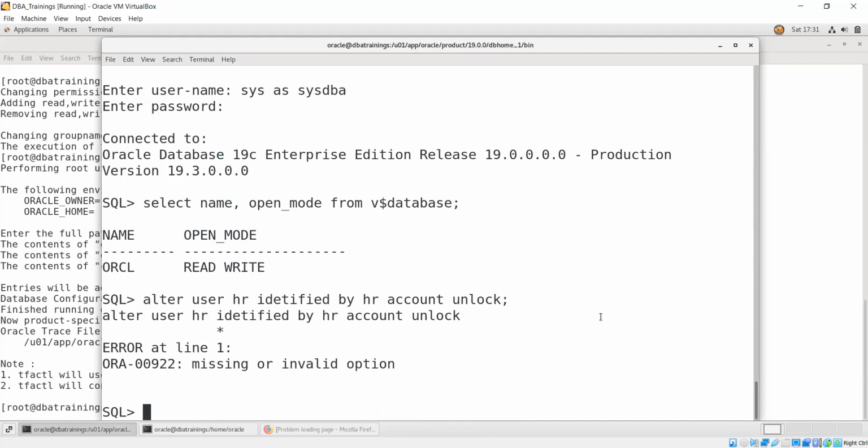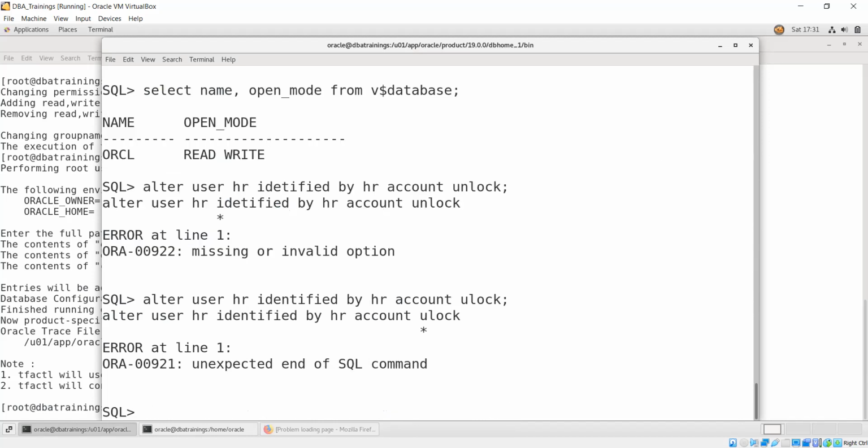No. Identified, spelling mistake. Generally, we are habituated to a bigger machine, so some keys in the lab are different.